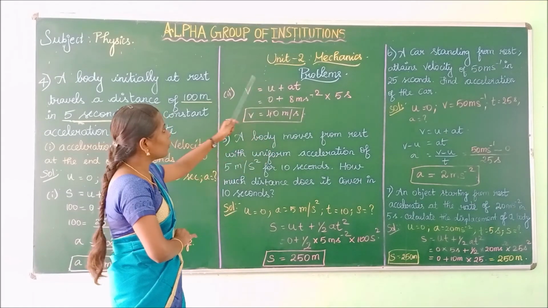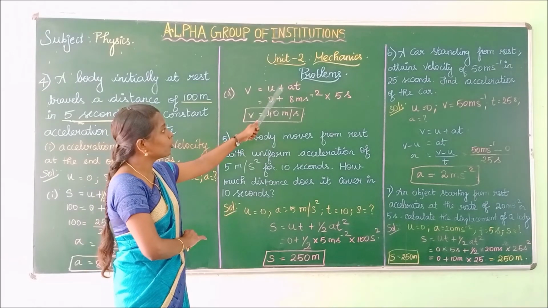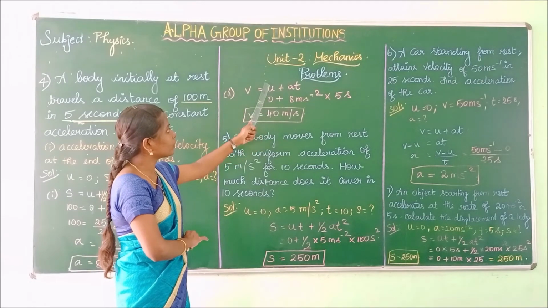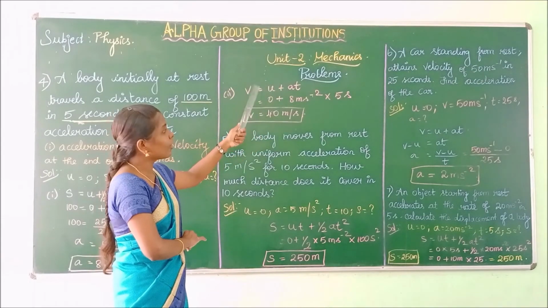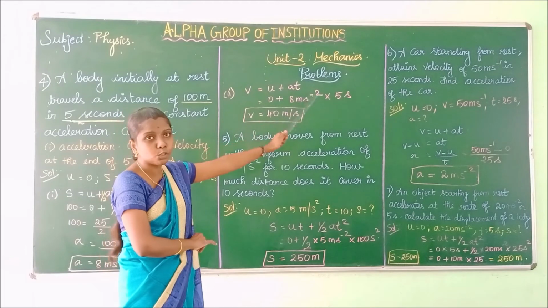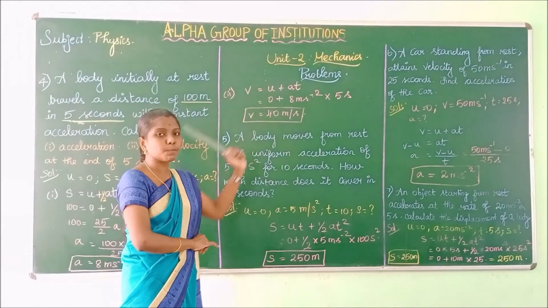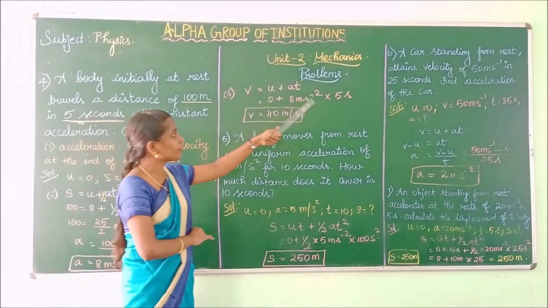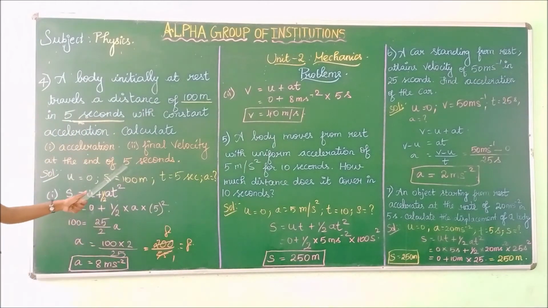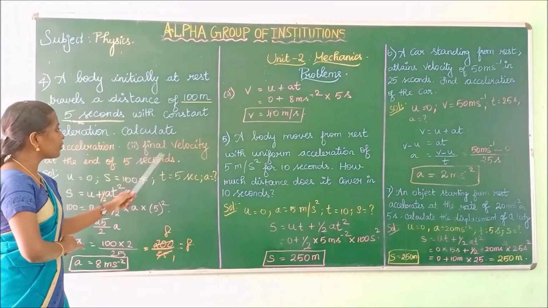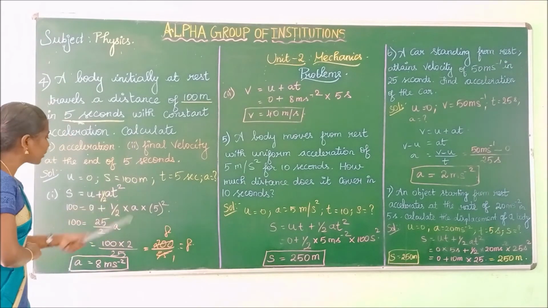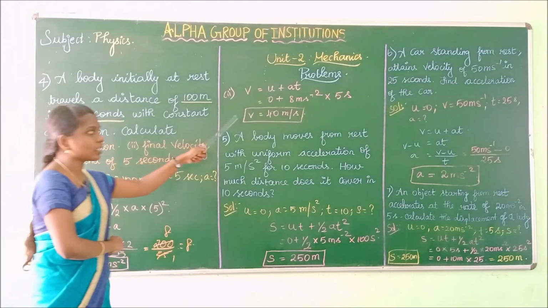Is it clear? The formula to calculate final velocity is v is equal to u plus at. Then substitute all the values in this formula. Substitute the value for initial velocity. The value for initial velocity is 0 and the value for acceleration is 8 meter second power minus 2 and the value for time is 5 seconds. Substitute all the values in this formula. 8 into 5 is 40. 40 meter per second is the final velocity at the end of 5 seconds. At last we have to write the final velocity at the end of 5 seconds is 40 meter per second. Hence we have calculated acceleration and final velocity.